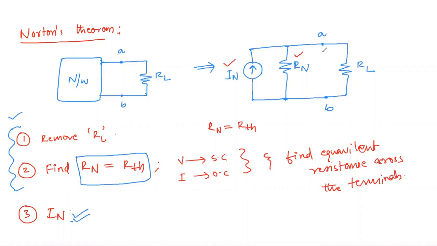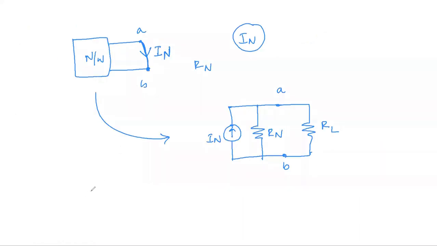Here, we are not finding the voltage, but we have to find a current. If it is an open circuit, there is no question of you having current. You won't have any current in case of open circuit. What you have to do is short circuit the two terminals. Wherever you have opened, that means you have taken out that load, so two open circuited terminals will be there. These open circuited terminals you have to short.